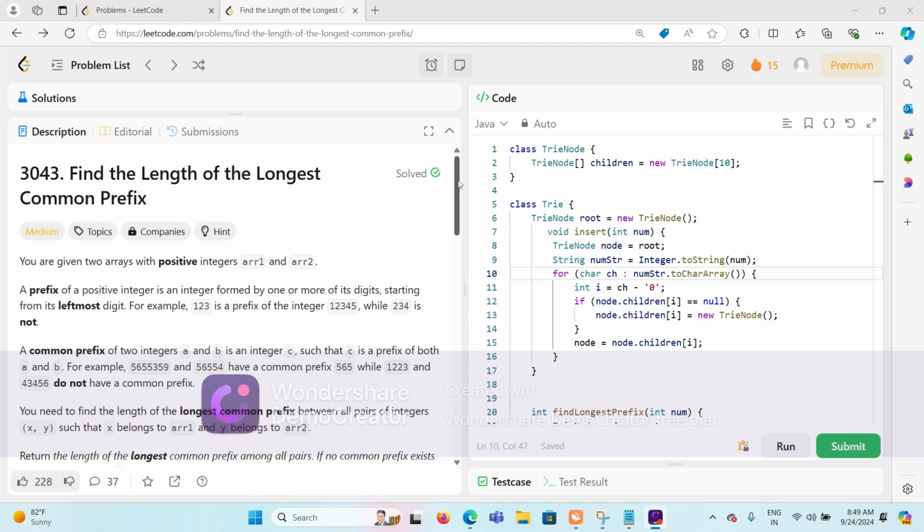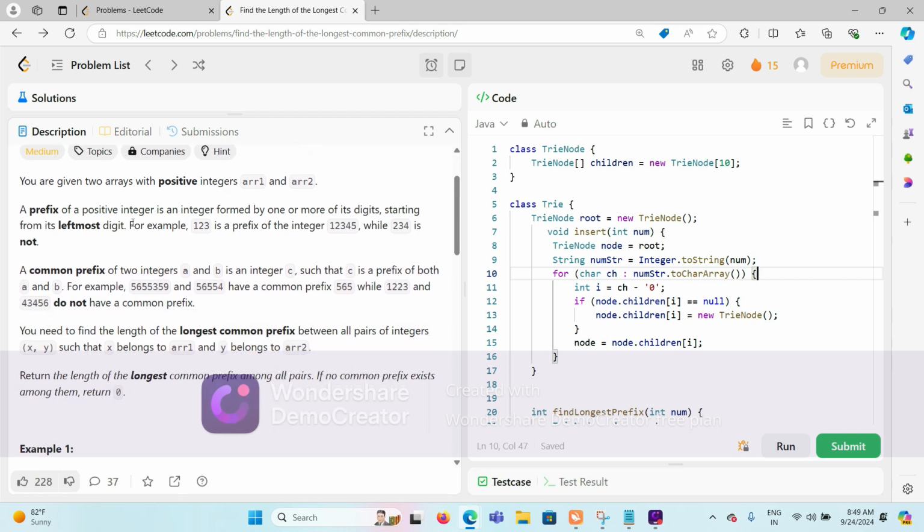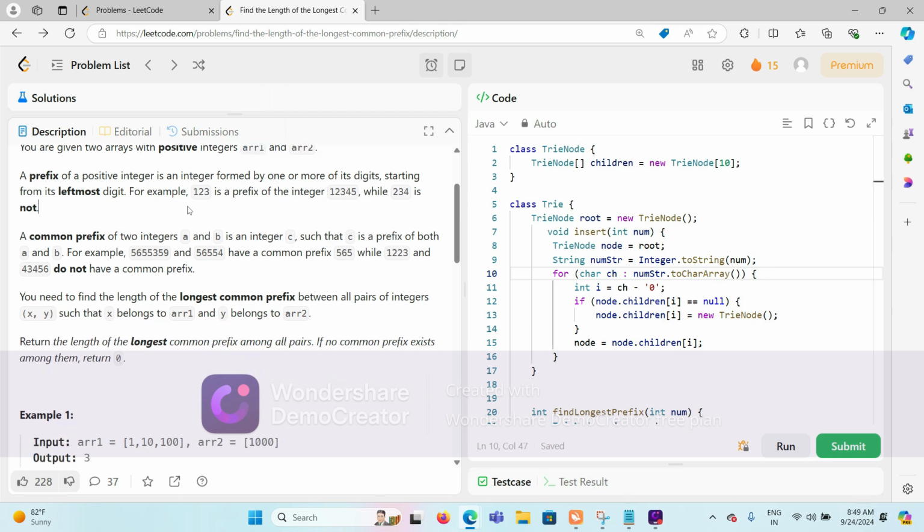Hello everyone. So today we are solving this problem, find the length of the longest common prefix. So let's read the question. You are given two arrays with positive integers, array 1 and array 2. So they have positive integers. A prefix of a positive integer is an integer formed by one or more of